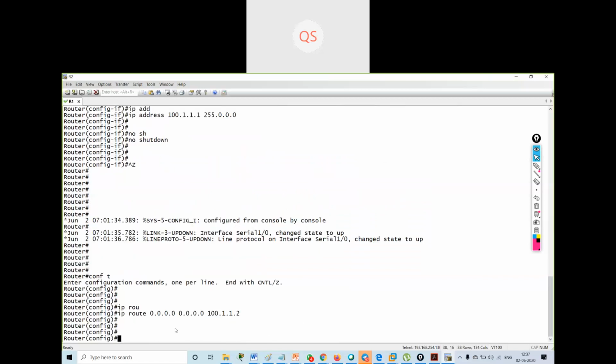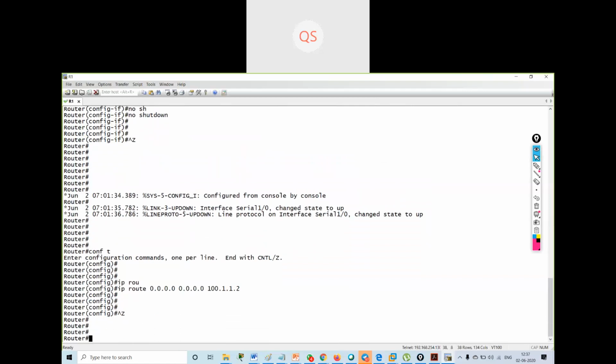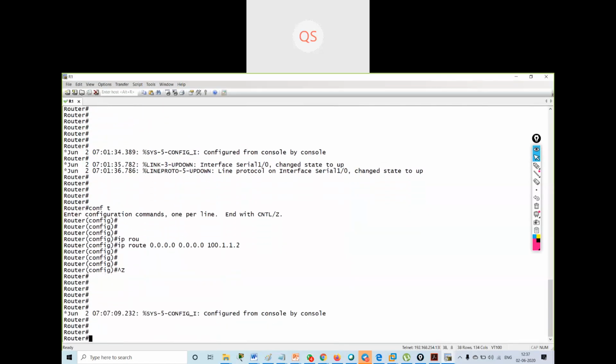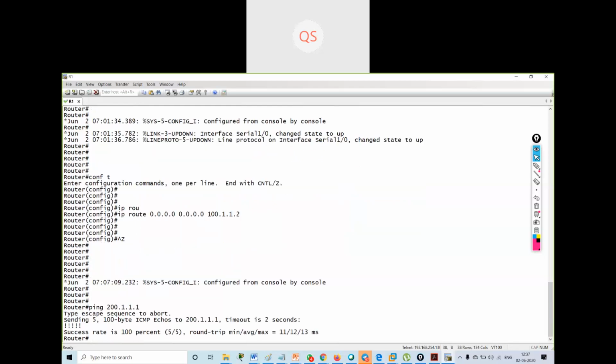Now I've configured routing. So can I ping from here to my server? From R1, I can reach my server.